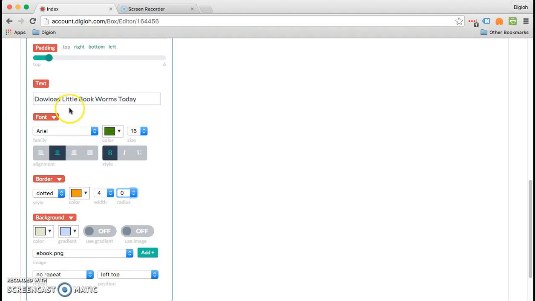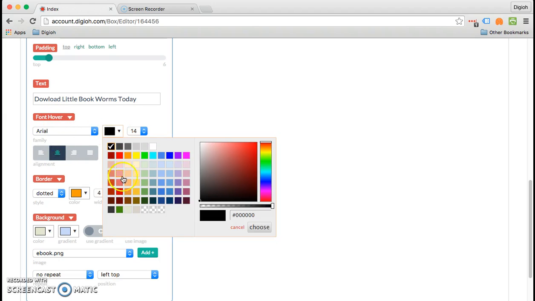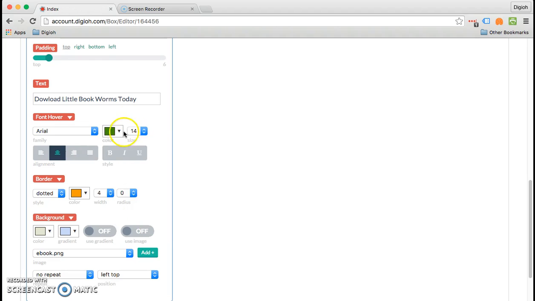You also notice that the text was not the same throughout. So the text is here, and here's the font. So we have the text. You can change the text, download little bookworms today. That looks good. And when we were on the normal state, so just click here, go to the normal state, and say, okay, it's at 16, centered and bold. Looks good. But then when we hovered over it, oh, look at that, it changed. So we want to pick this color, the same color, pick 16 and bold, and focus state also 16 and